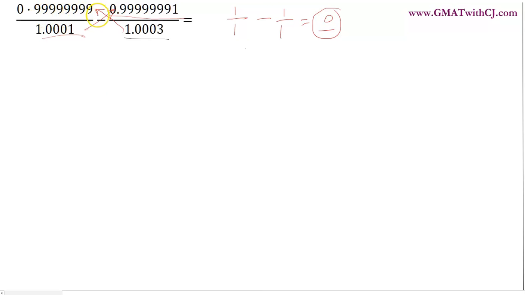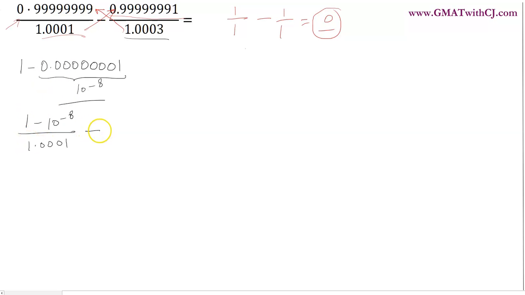And I see that there are a lot of 9s here, but if I write this as 1 minus 0.0001, and then I can write 0.00 and till 1 as 10 raised to some negative power, right? So I'll write this as 1 minus 0.00000001, and this is going to be 10 raised to power minus 8, right? So now this will be much easier to handle. So this will become 1 minus 10 raised to power minus 8, 1.0001 minus 1 minus here 9 into 10 raised to power minus 8,